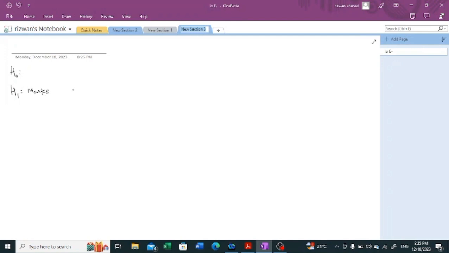This testing statement, we give room in the alternative hypothesis. So marks of students are not normally distributed,